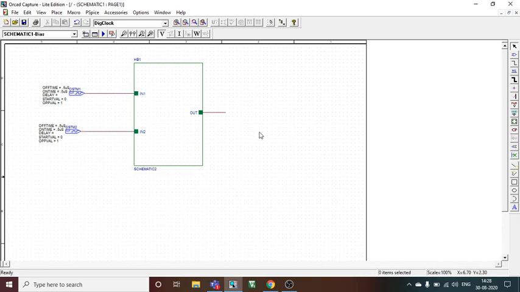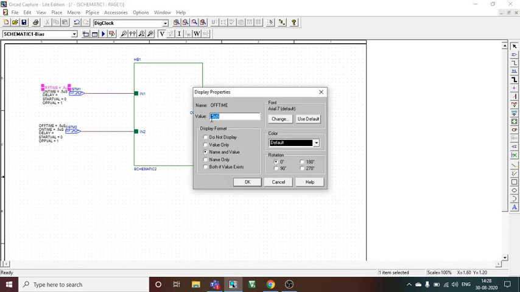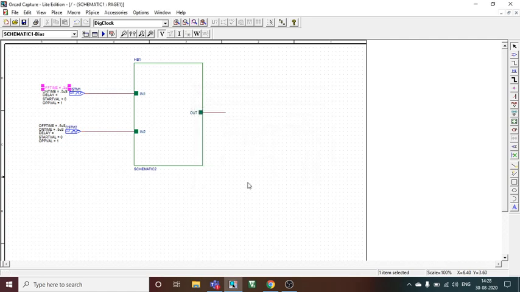Once this is done, you can do one more thing because off time and on time plays a very important role. It may give you a variety of inputs. So you can double click off time from one of them, and when you double click, this kind of table comes. You can change it to like 0.3 microseconds so that you get certain inputs which are different in this case, and inputs will be different in the other digital clock. You will get a variety of inputs so that you can understand how the AND gate is working.